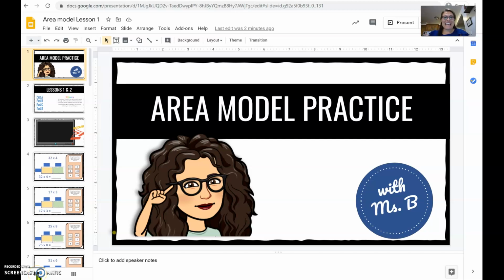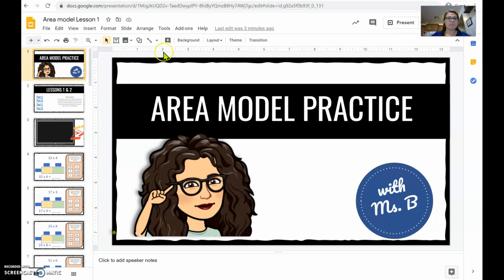Hey friends, today we are starting area model practice. These are the activities for lessons 1 and 2. As you open this lesson and scroll down, you will want to keep it open in this format. You do not want to click present. If you do click present, then you are going to be unable to manipulate the pieces, which is really important